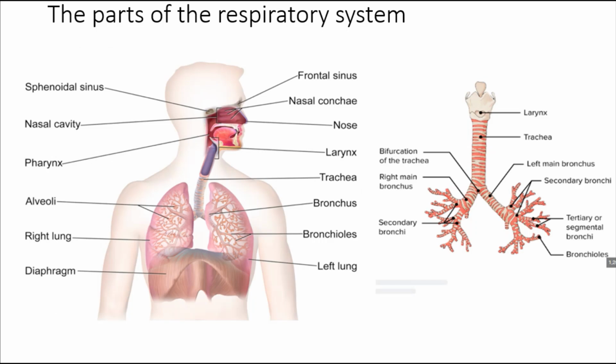All right, so now this is just a scheme, a diagram that shows the parts of the respiratory system. It starts from the nose here, and then we've got the frontal sinus and the sphenoid sinus. You know that the sphenoid and the frontal sinus are just air-filled spaces, okay? Then we've got the nasal concha,